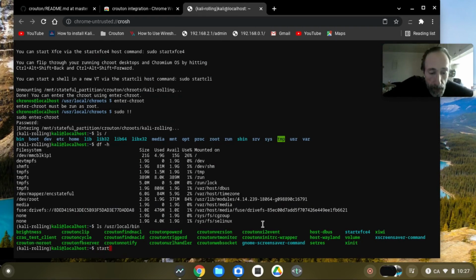This is a script that was installed by the guy from Crouton. It is on the Chrome OS system in the /usr/local/bin directory. There is a script called startxfce4. It's a bash shell script, and what it does is it starts